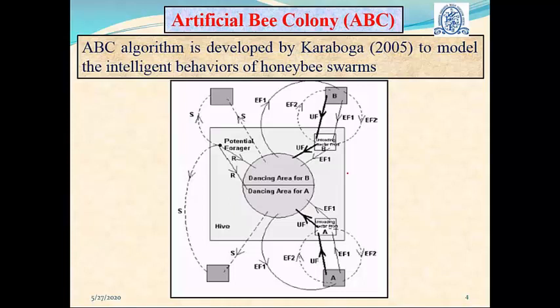Thus we can see that both the information about the distance of the food source and the richness of the food source is shared by the employed bees with the onlooker bees by performing the waggle dance. Accordingly, all onlooker bees observe that waggle dance, and they now decide which bee to follow. Naturally, they will follow the bee which is assigned to the food source which is rich in nectar and at the same time close to their hive.